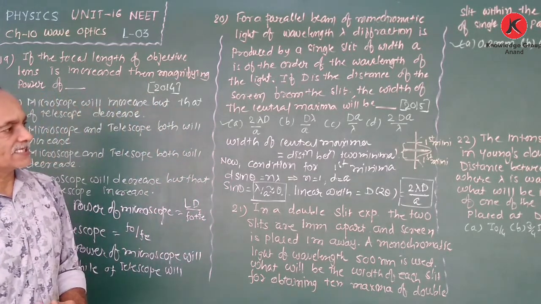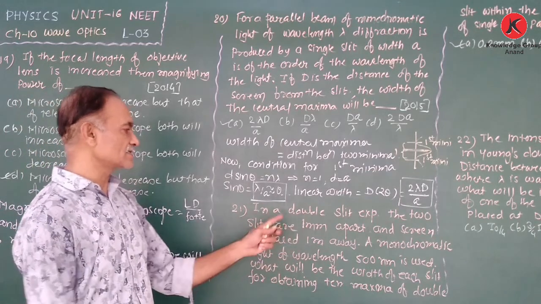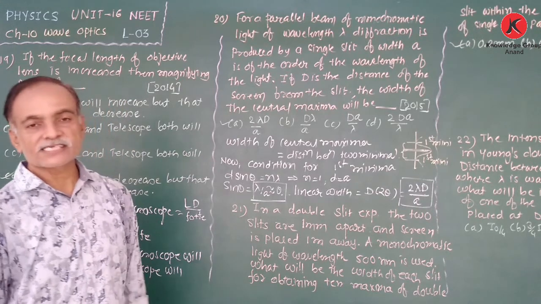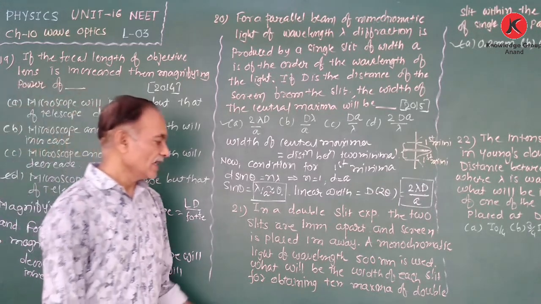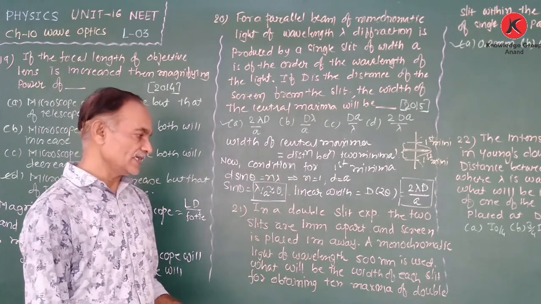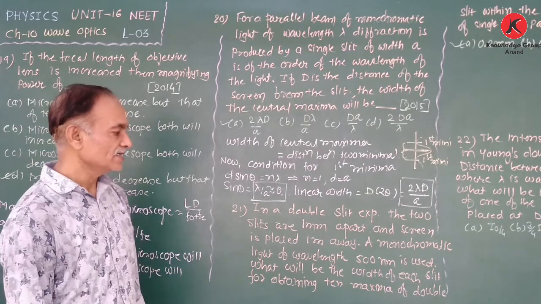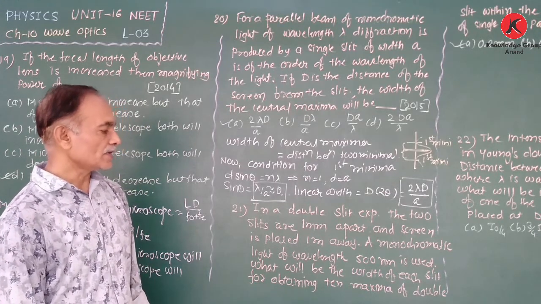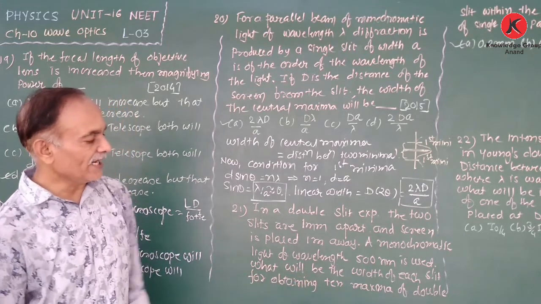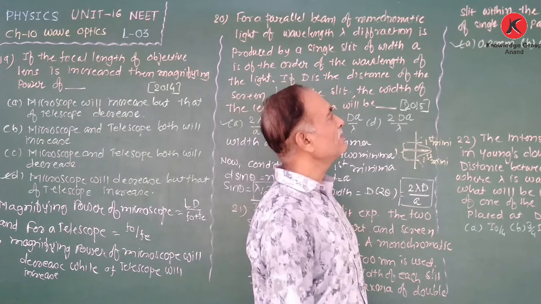After that, next is asked in 2015. In a double slit experiment, the two slits are 1 millimeter apart. That means the distance between the two slits, d, is given. And the screen is placed 1 meter away. Capital D is given. A monochromatic light of wavelength 500 nanometer is also given. What will be the width of each slit for obtaining 10 maxima of double slit within the central maxima of